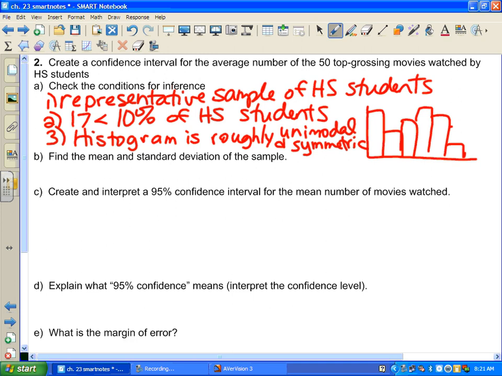Okay, so now it says find the mean and standard deviation. How do we do that? Another review. It's not given to us, so we have to do some sort of calculation. We can add them up and divide by 17 for the mean, but the standard deviation's a big long formula. So if you want to do them both at the same time,